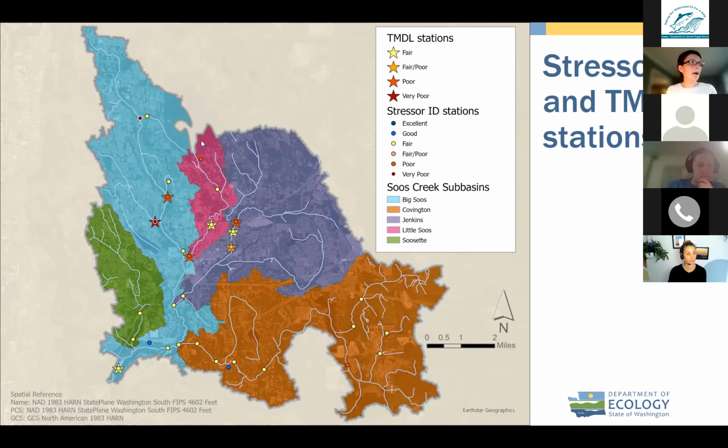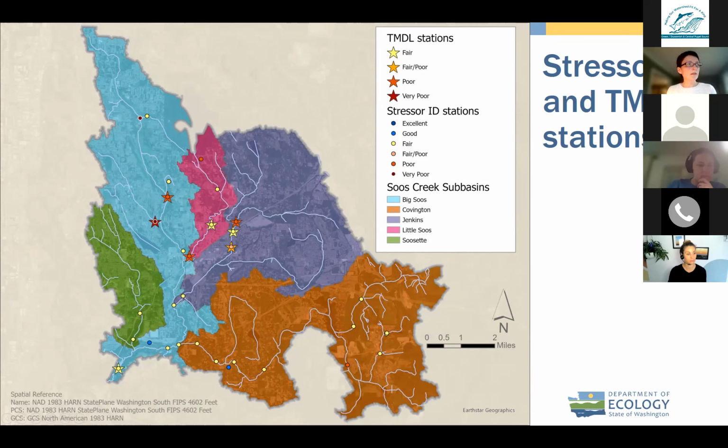So when we look at the map, we notice two things. First, that the problem is systemic, but that the severity ranges from fair, which is still impaired, but not bad, all the way to severely impaired in a couple of spots here in the Meridian, Valley Creek, and in the upper